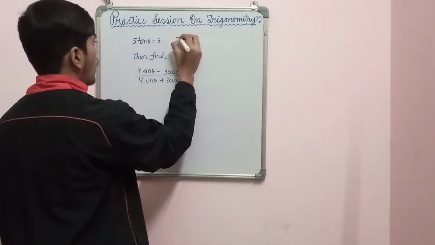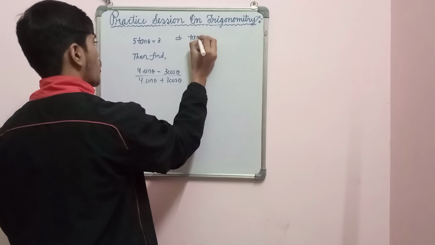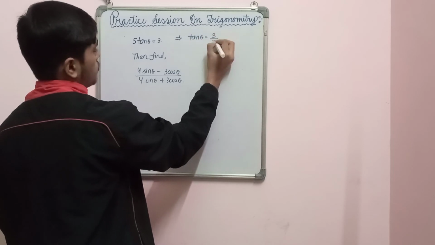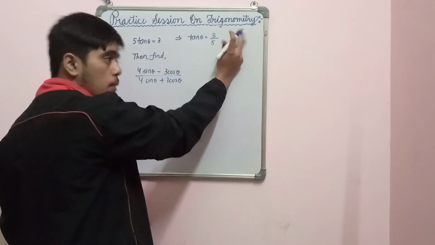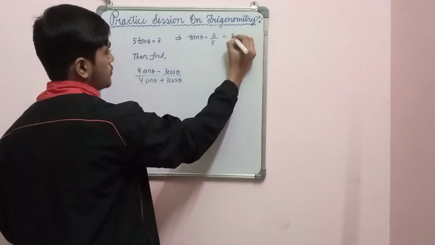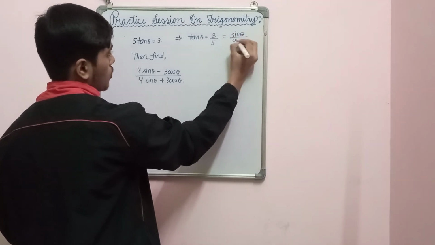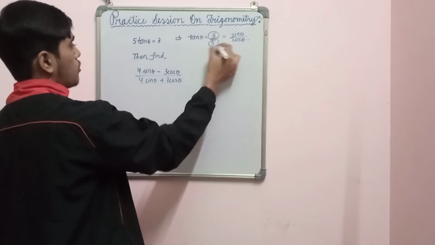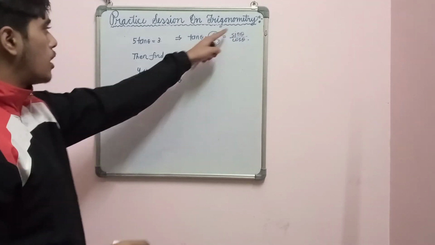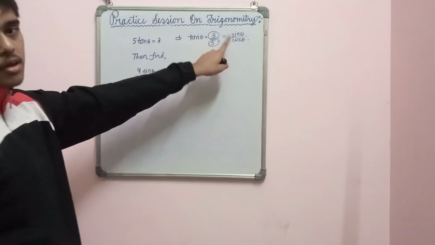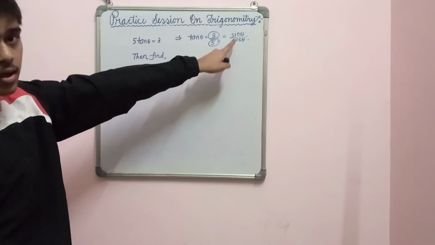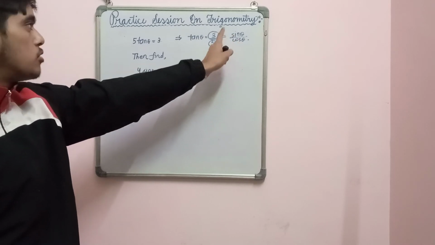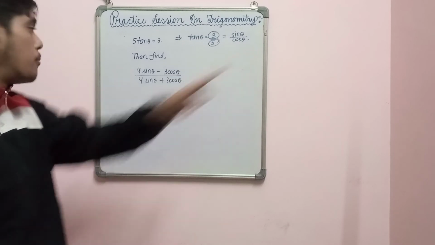Okay. So I can write tan theta as 3 by 5, and if you remember, tan theta gives you sin theta by cos theta. So sin theta will be 3 and cos theta will be 5. It becomes very easy from here. Sin theta is a ratio, so we have equated the ratio to the ratio here.